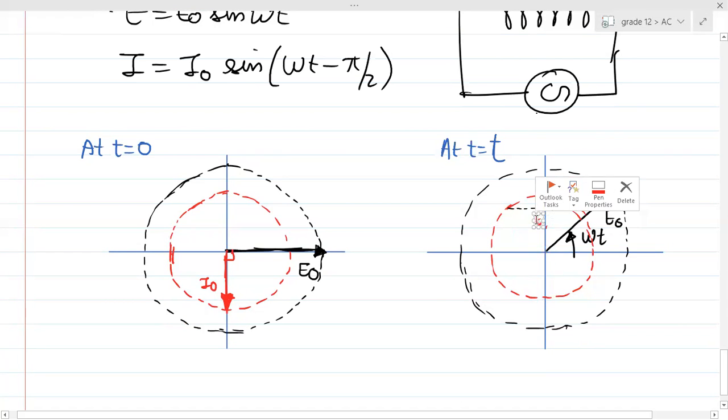You need to draw it again. Is this clear, guys? These angles. Is it clear? Current here lags by an